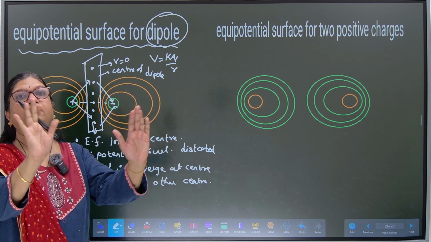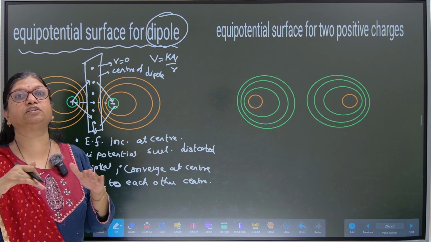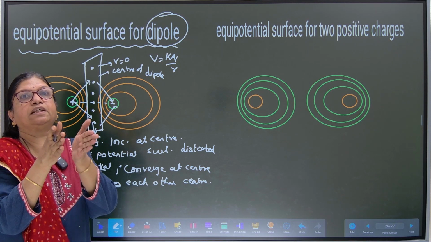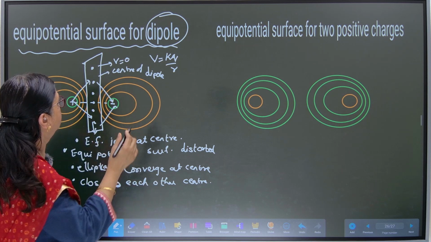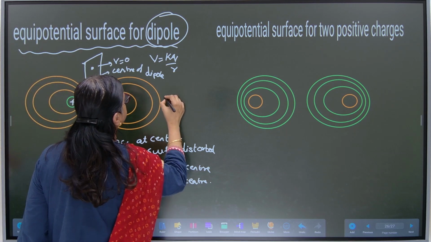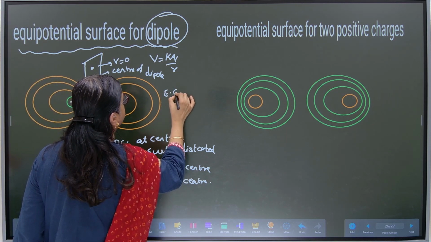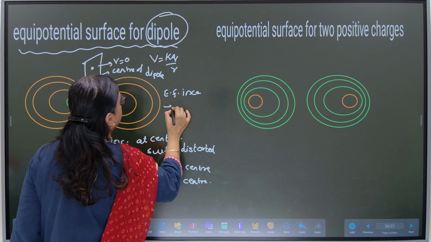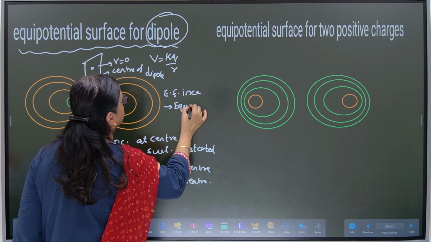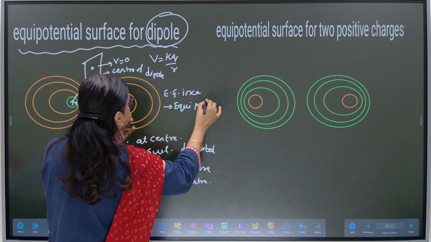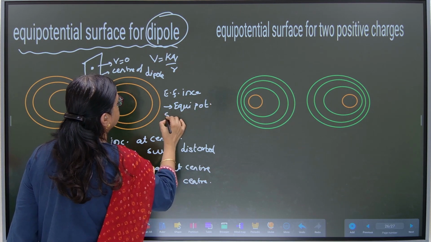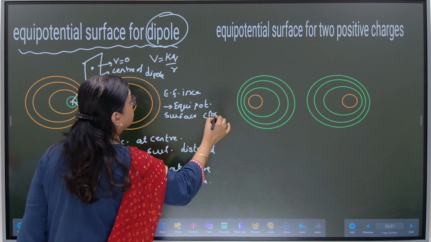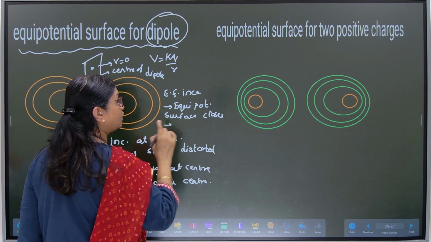Remember, wherever the electric field is more, the equipotential surfaces will be closer. More electric field, equipotential surfaces closer,